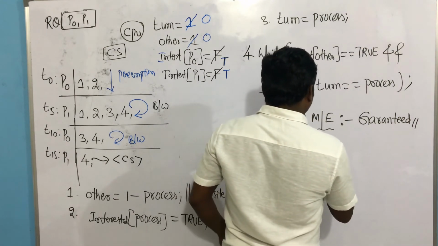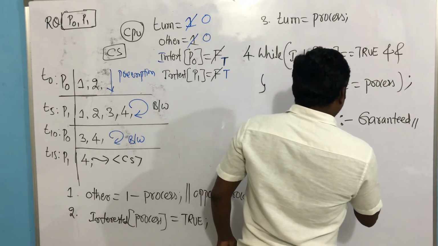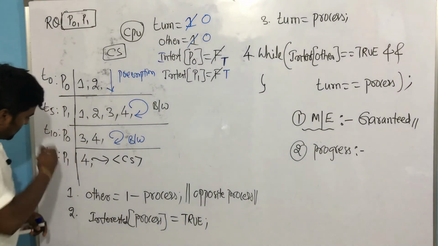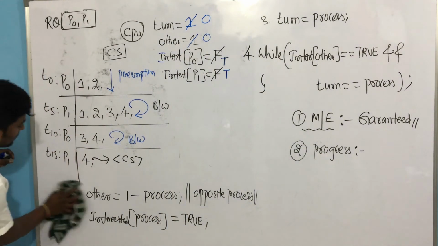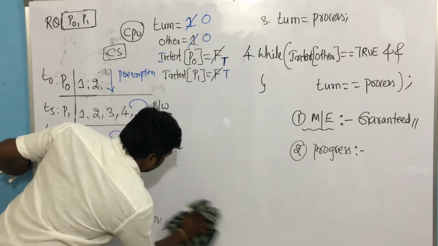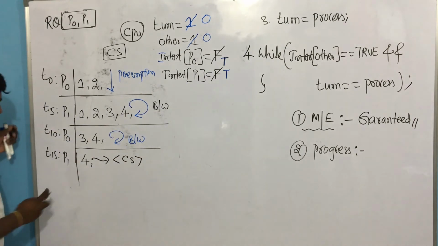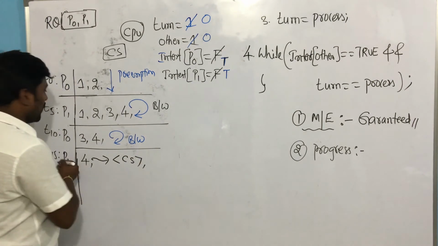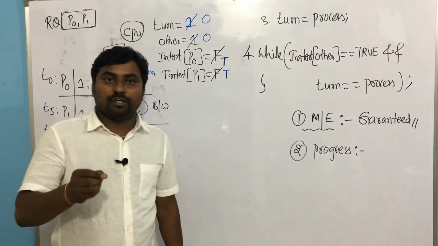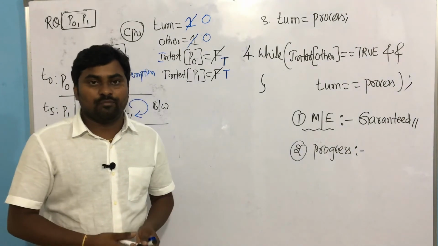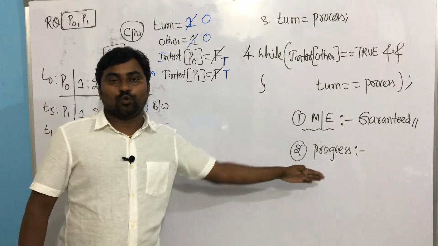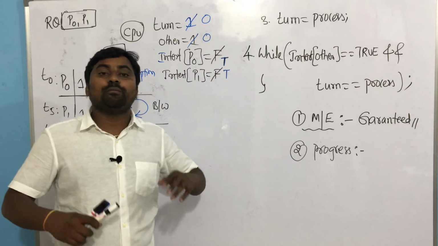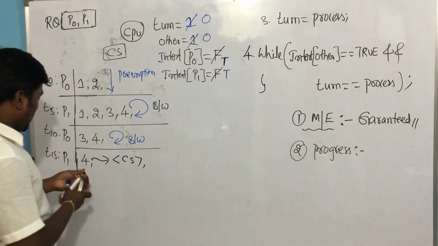Then we need to think about progress. Look at this. Let us continue this execution. Once the critical section is over, look all of you. Once the critical section execution is over, what will P1 do? Once P1's critical section usage is over, immediately the exit instruction you have to run. What does the exit instruction say? Interest of process will be false. You have to update your interest as false. Look at this. Once completed.